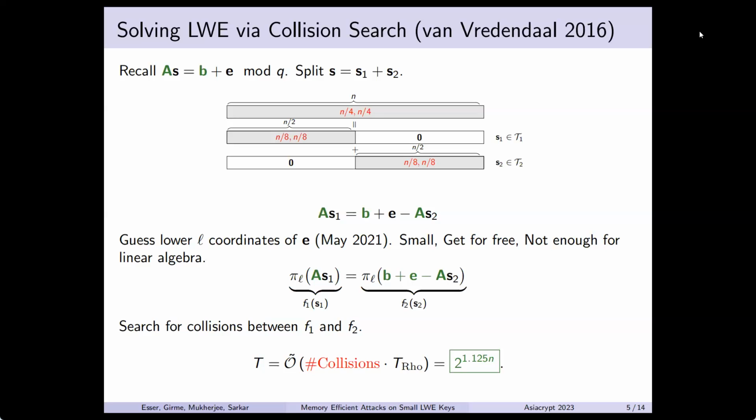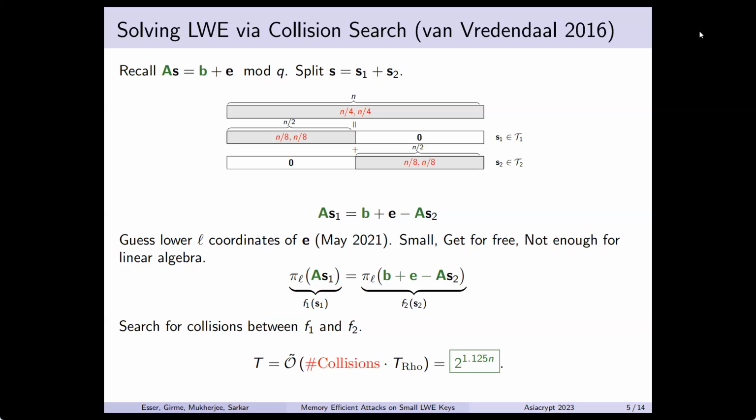And you take the left hand side as the F1 function, the right hand side as the F2 function, and you find collisions between F1 and F2. But there will be many collisions between F1 and F2, and only one of those collisions will actually give you the solution. So to look at the time complexity, we have to go through all the collisions. Therefore, the time is the number of collisions times the time needed to find one collision, and this gives you time complexity 2 to the power